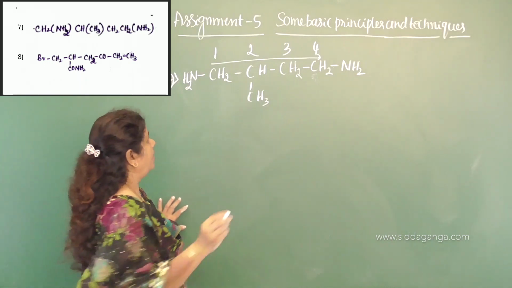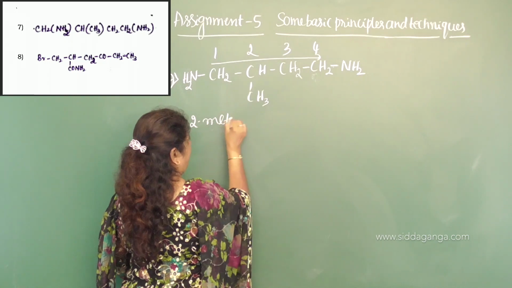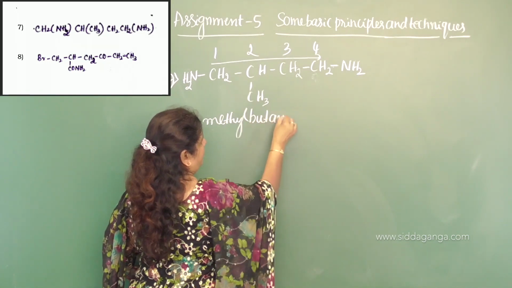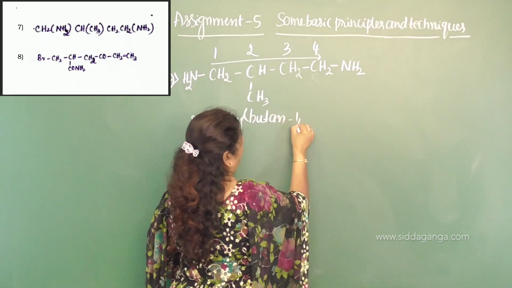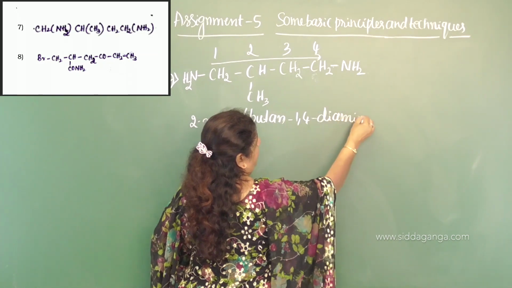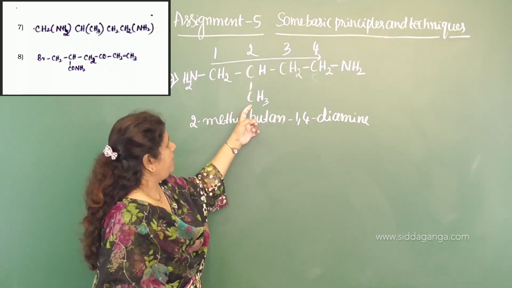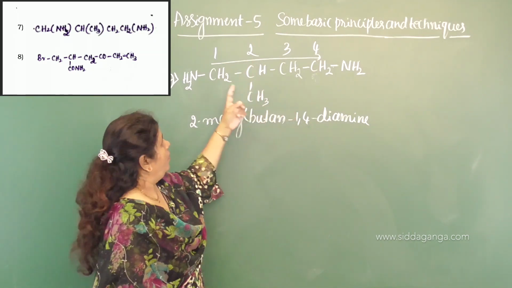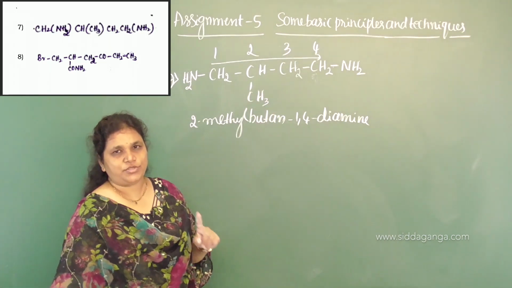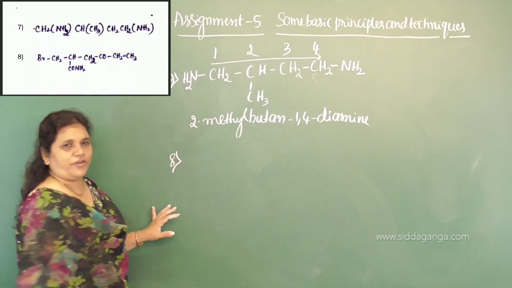You will get 2-methyl, butane, 1,4 diamine. So, this is the IUPAC name. See here, 2-methyl butane 1,4 diamine. There are two NH2 groups, diamine. Okay. Now, move on to the 8th one,